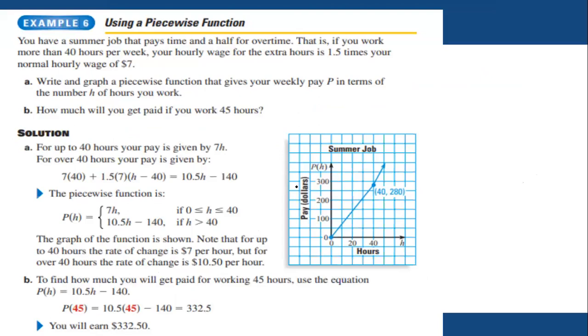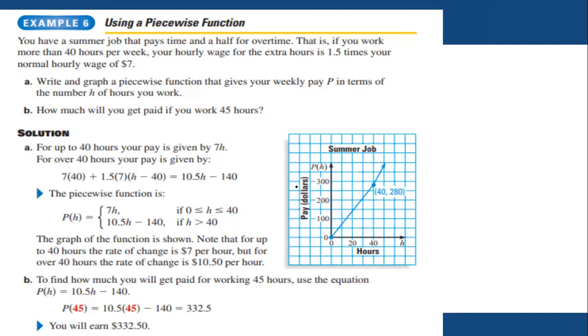Using a piecewise function, let's suppose you have a summer job that pays time and a half for overtime. One is your fixed salary, and the second one is your overtime. If you work more than 40 hours per week, your fixed work for 1 week is 40 hours, but overtime is more than 40 hours per week. Your hourly wage for the extra hours is 1.5 times